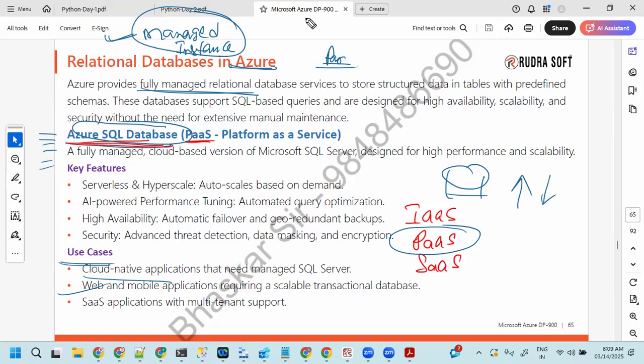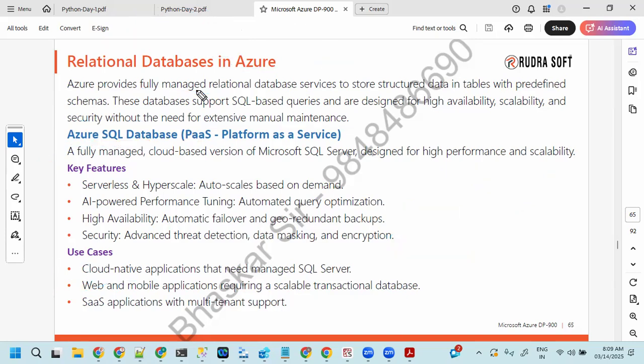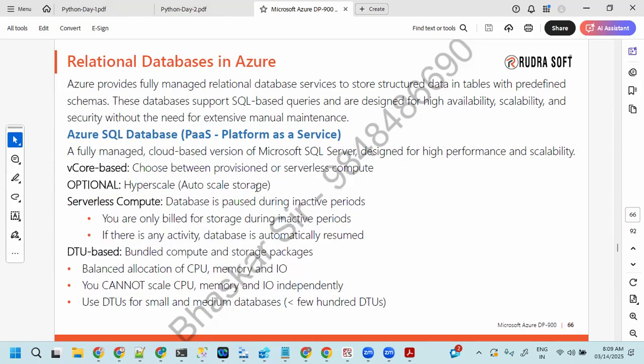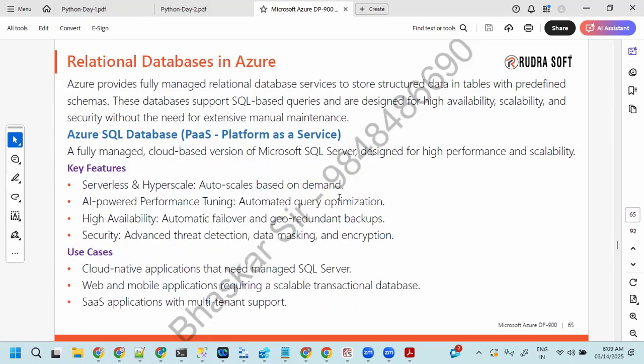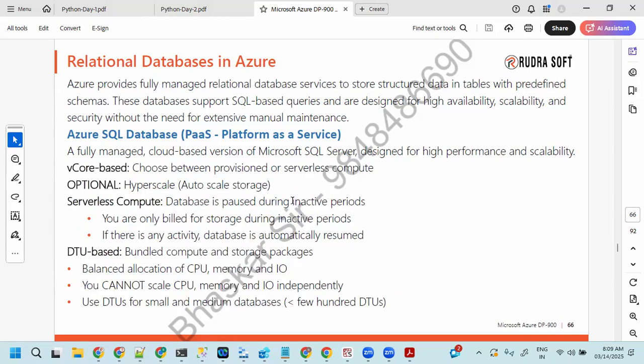I talked with one person and got to know they're using a managed instance from SQL Server to store the data. From there, the reporting team is taking the data. In this particular case, there is repeated text. When I'm preparing, it won't happen. So let me explain in a different way to make you understand.